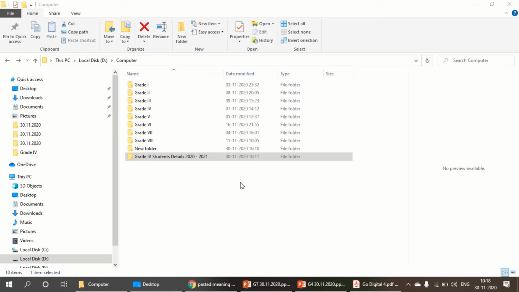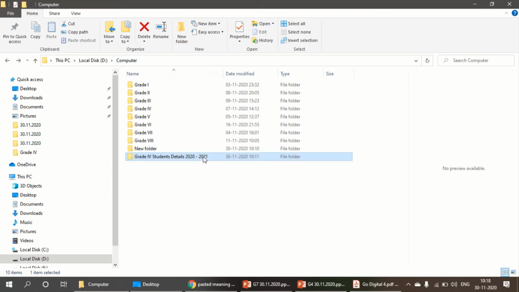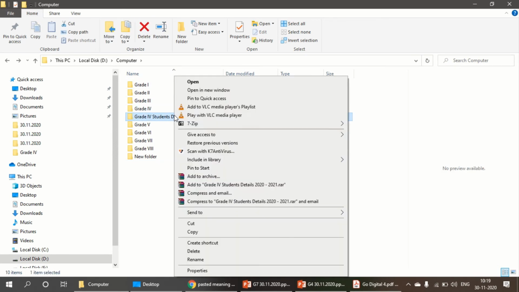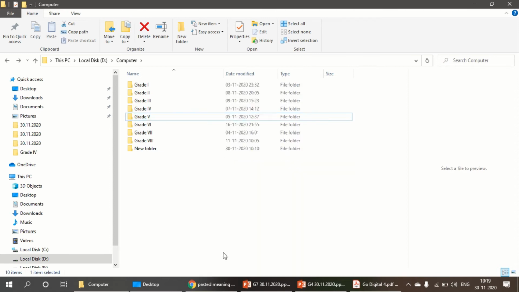Next, I will explain how to delete a file or a folder. Same way you can go to the organize group and you can find the delete button here. Suppose I want to delete this folder, I can click this delete. Now it's moved to the recycle bin, or else you can right click it. Right click and you can find the delete button. So it's deleted. Now it's appeared again. So this is how to delete it.